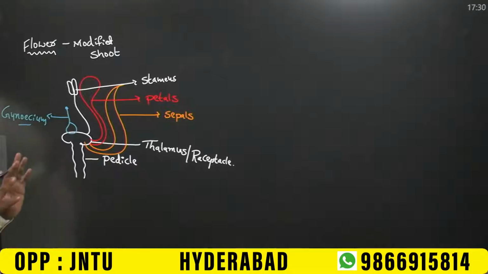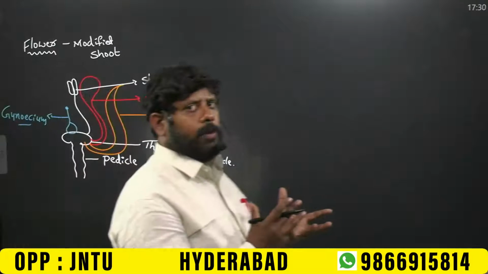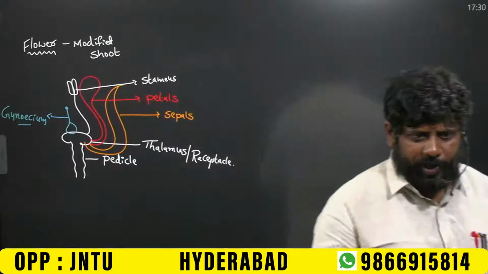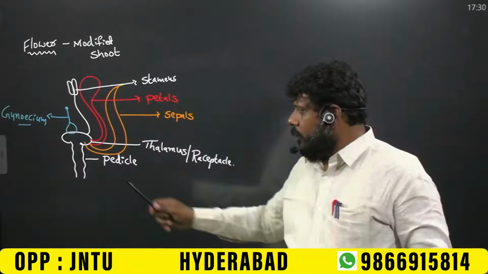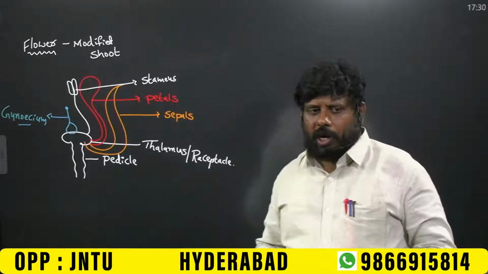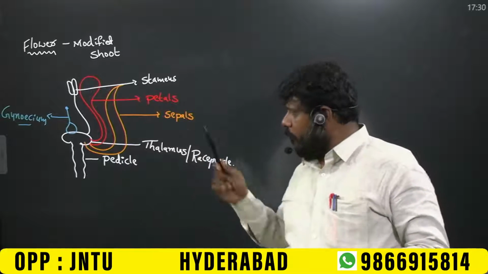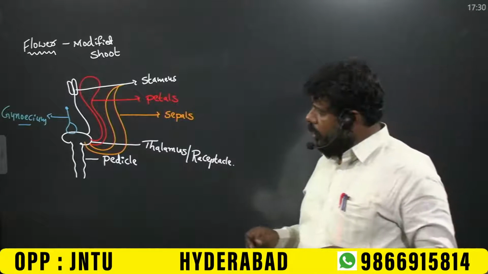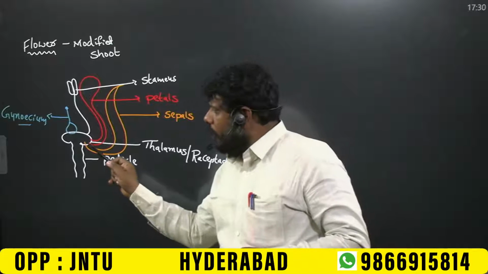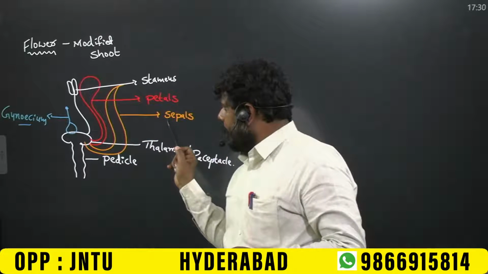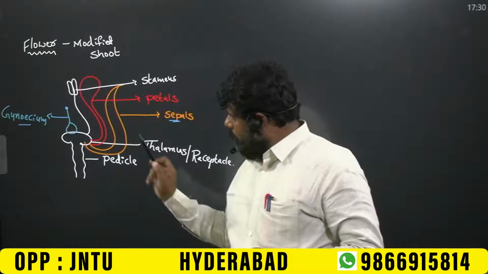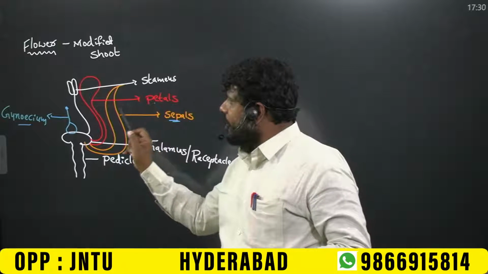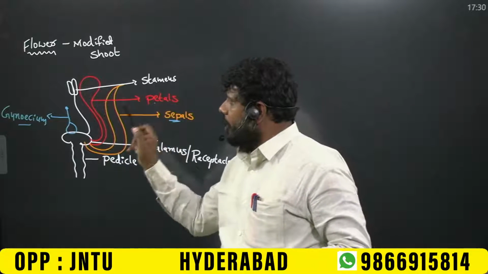So imagine one flower. I am not giving the complete flower, but explaining one part at a time. The stalk of the flower is called the pedicel. The swollen tip of the pedicel is called the thalamus or receptacle. In the structure of the flower, the outermost whorl is occupied by the sepals, outer to that the second whorl is petals, the third is stamens,